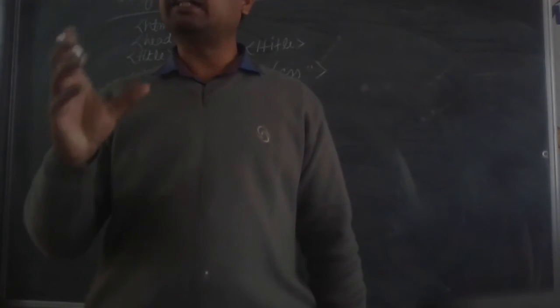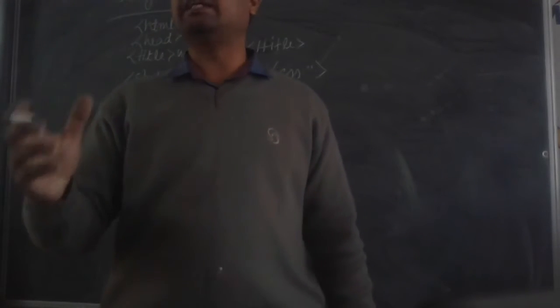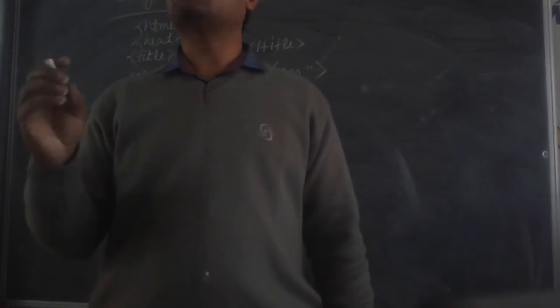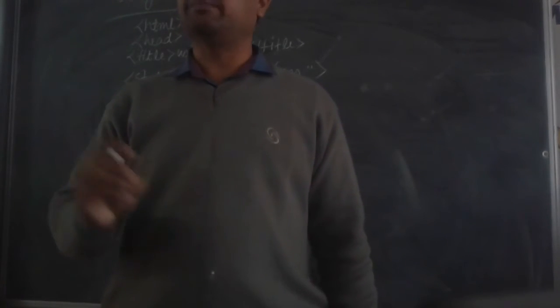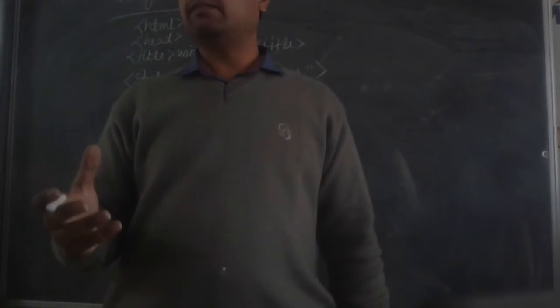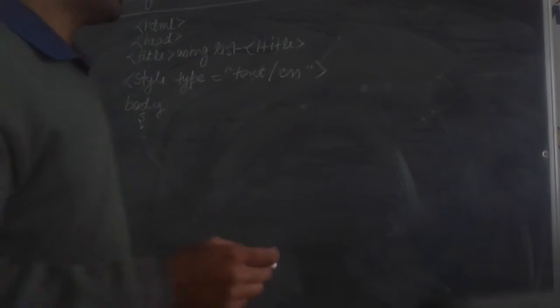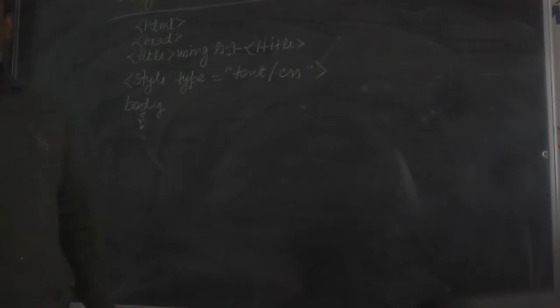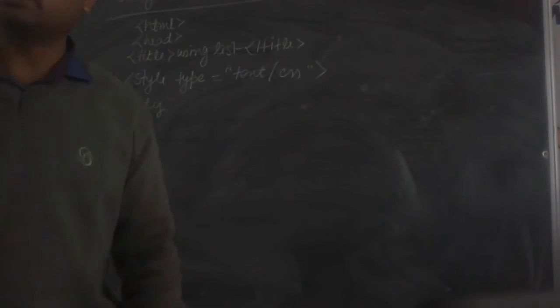We can use RGB also, red, green, blue. In this red, green, blue we are giving the color combination in the form of numbers. How we are using? Let's see this. Inside this I have written title, then after I have written style, type, text, CSS, then after I have written body, and the attributes which we are going to use that I will give inside the curly brackets.